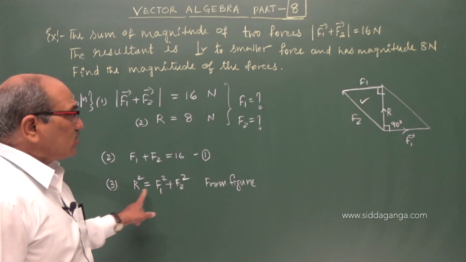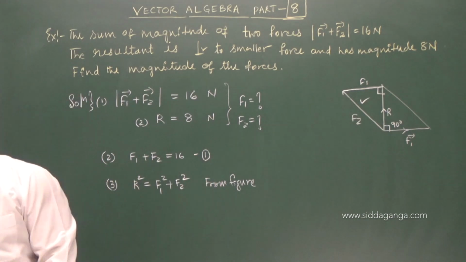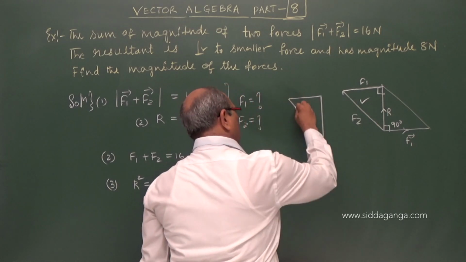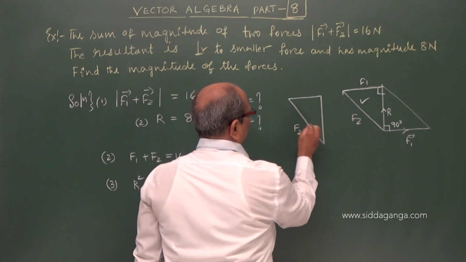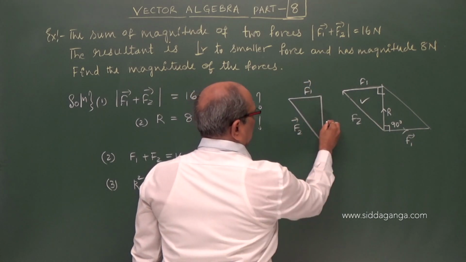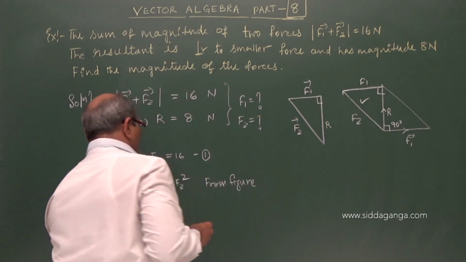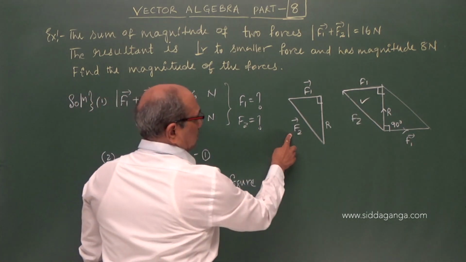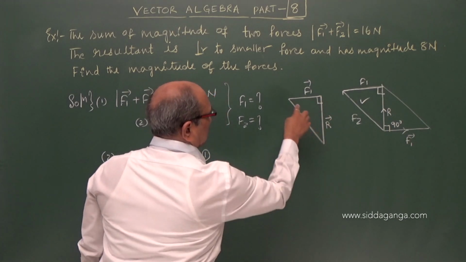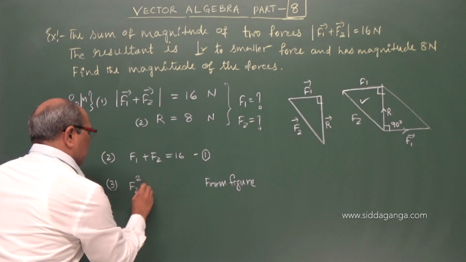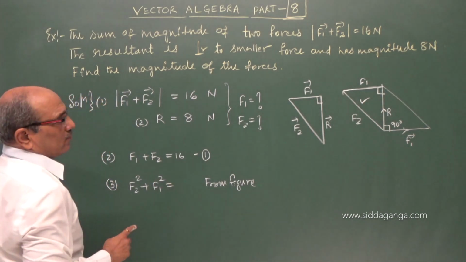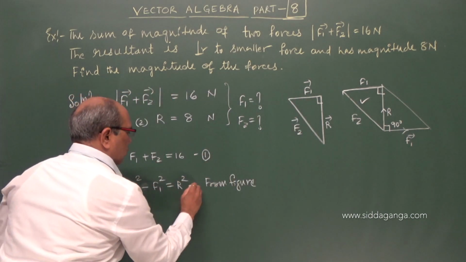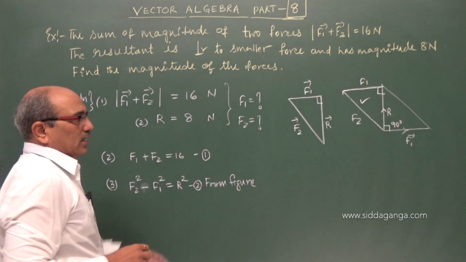But what I have written, is it right? No. What do I have to write? Let us take this only and make the correction. What I wrote is also not right, removing. This is F2. This is F1. And this is R. This one is 90 degrees. Correction applied here. What happens? F2 square minus F1 square is R square. Yes, now we enter the solution part.